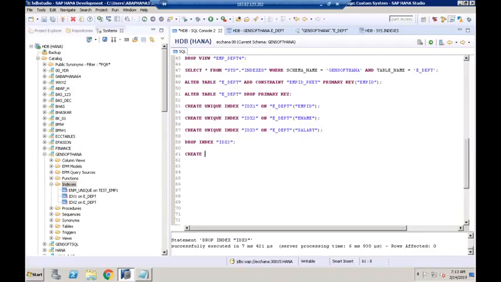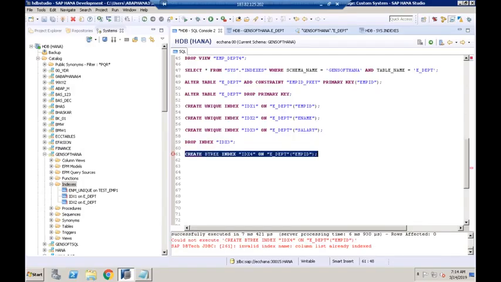So I'll say create. How do you create the B tree index? Create B tree index. I'll give the index name as IDX4 on E underscore department, in the parenthesis, the column EMP ID. But remember, there is already a unique index on the employee ID column. I'm trying to create another type of index on the same column. So when I execute this with F8,